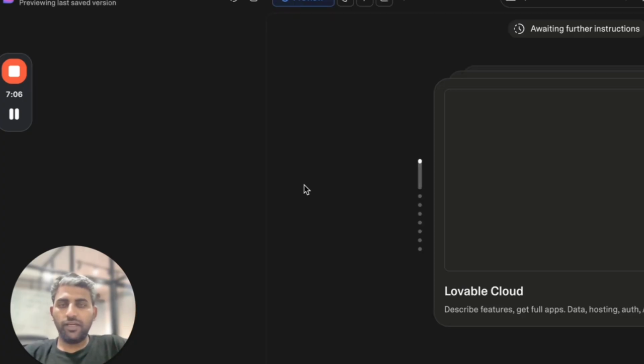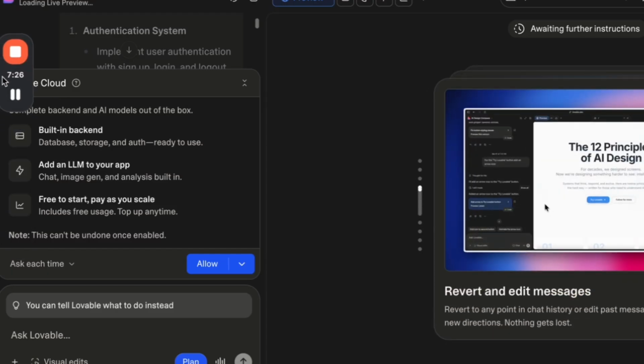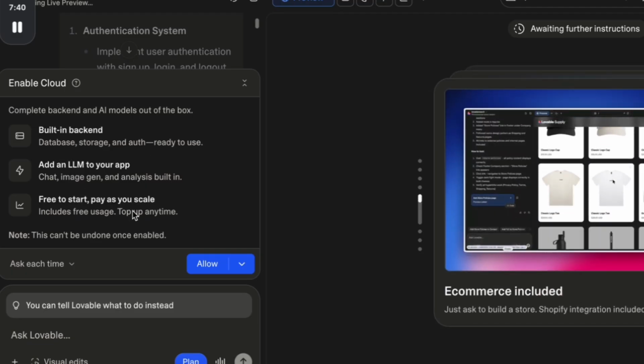So this Lovable also has planning and execution. Let's see, it's asking some questions. So let's clear about this. Enable cloud. Lovable provides their own cloud, but that has a problem: we need to stick around with the Lovable cloud itself. So better what we can ask is